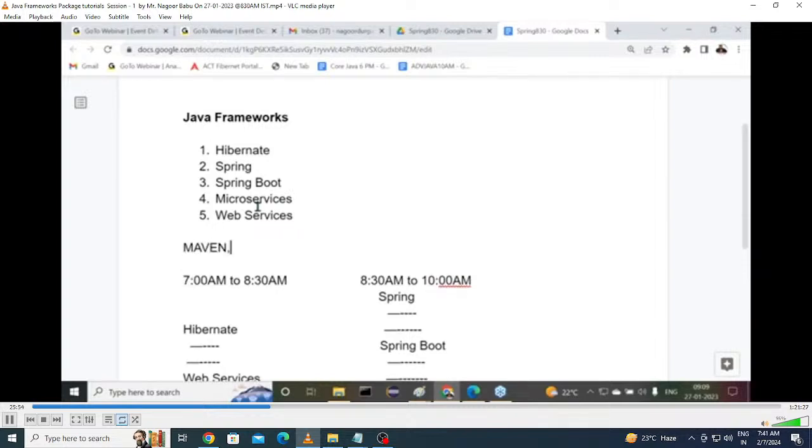Maven. So far we are not aware of Maven, but application development is going on completely with Maven. 1 or 2 applications I can prepare without Maven, and I will show what work we have to do without it. After completion of the basic programming, I will start Maven and discuss it. Through Maven we are going to understand the remaining course; 95 to 97% of the course is going on with Maven only. Without Maven, we are not going to prepare the applications. This is required. Next is Log4j, which I need for logging purposes. I'm going to discuss these 2, and with these 2 I'm going to prepare the applications, as part of the syllabus.